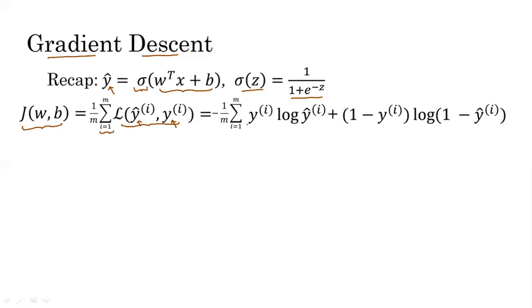Also, one thing to note here is that I have written something wrong in this equation. I need to put the brackets here, and if I don't put the brackets here, this equation would become wrong, because this minus sign is applied to this whole equation. And if you remove this minus sign, then you have to change the plus sign inside also. So this has to be remembered, so don't make a mistake while writing this cost function equation.